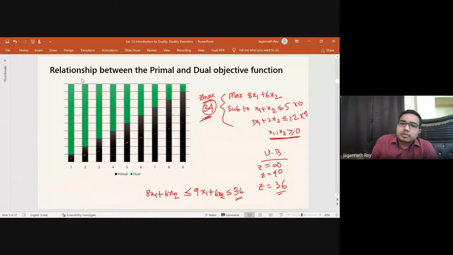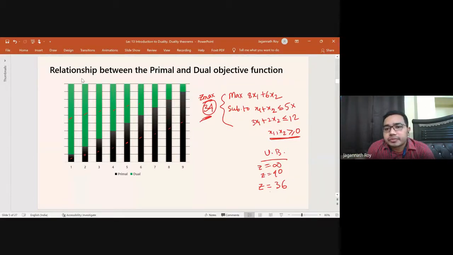The original objective value is 34. Now can we further reduce from there? I think we can select some suitable coefficients, suitable integers, that we can multiply. For example, if we multiply this one with 2,